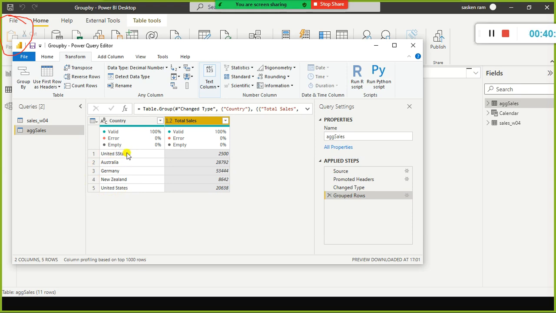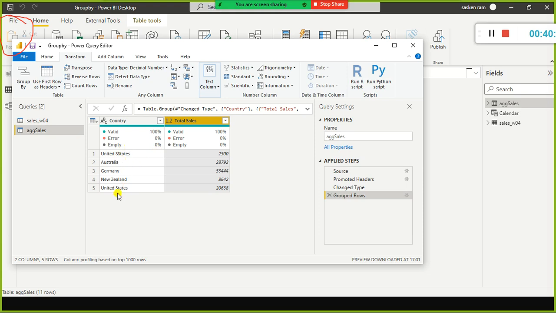But according to us, these two are same records, but unfortunately due to typo, it considers these two are two different groups. Okay, so that's the reason why it consolidated all the United States records correctly here in this case, because we have used the correct spelling here, but whereas here we made a typo, because of which it considers a different group altogether.